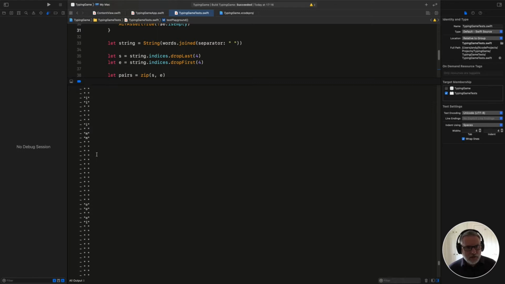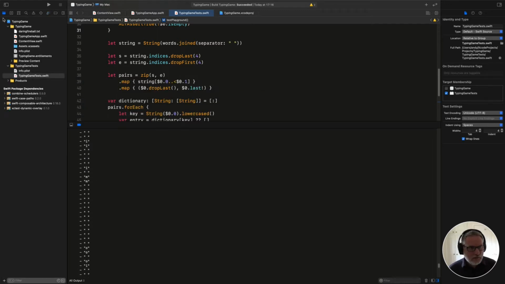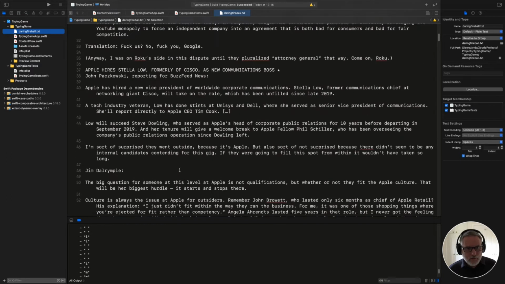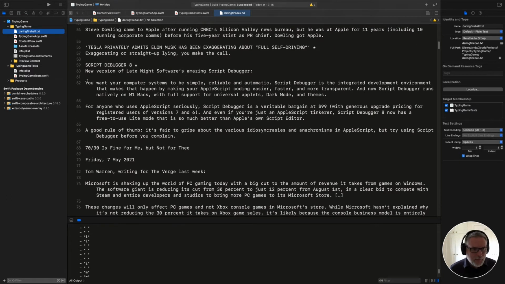So what you do is you take the source text, which we just copied off of Daring Fireball, and basically if you look at English text, then the probability of an O following a Y is probably higher than the probability of, say, a Y following a Y, or a Z following a Y, or if you're American, a Z following a Y. So what a Markov chain does is it actually works out the probability of a letter following another letter,